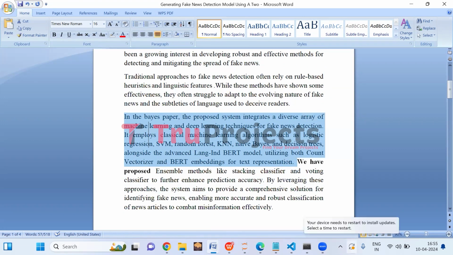The first utilizes count vectorizer with machine learning algorithms, including logistic regression, support vector machine, random forest, k nearest neighbor, naive Bayes, and decision tree. The second employs language independent BERT model with the same set of machine learning algorithms. These methods leverage different techniques for text representation and classification for fake news detection, aiming to improve accuracy and effectiveness